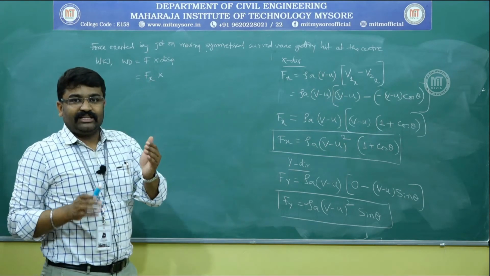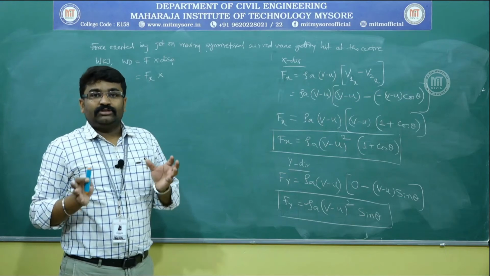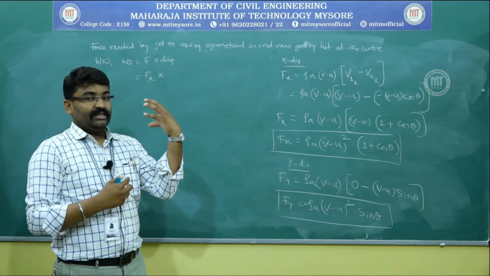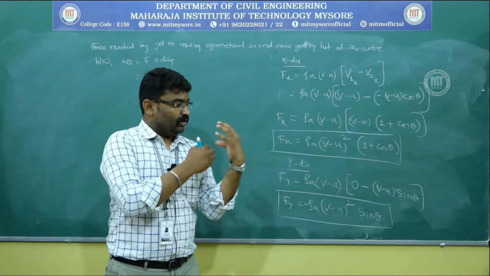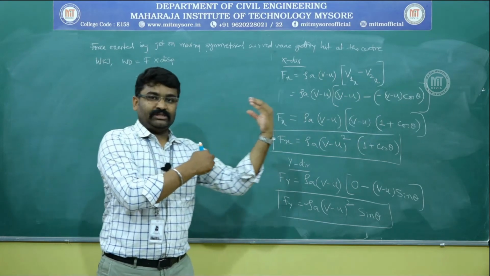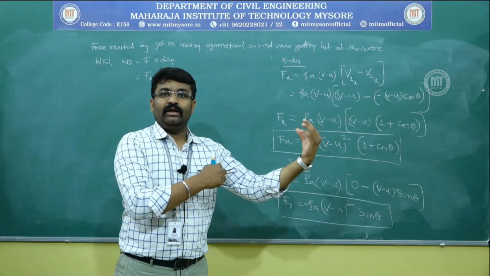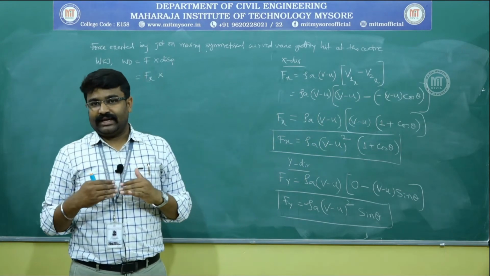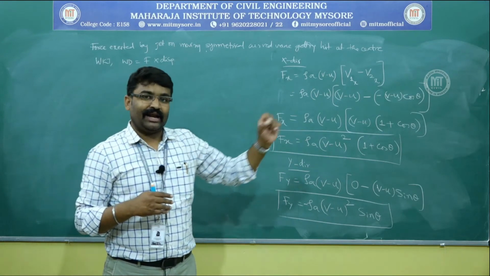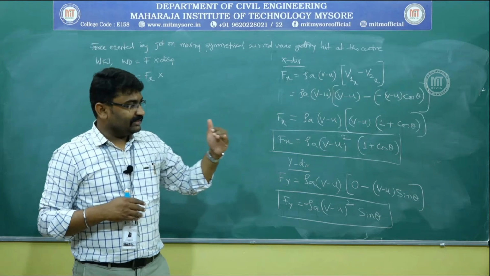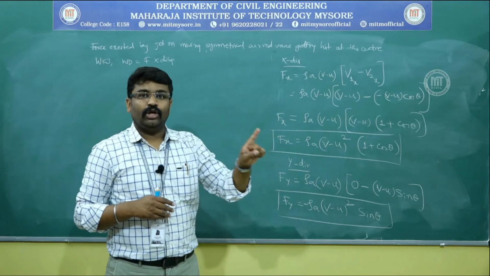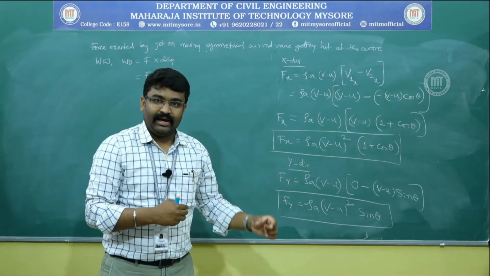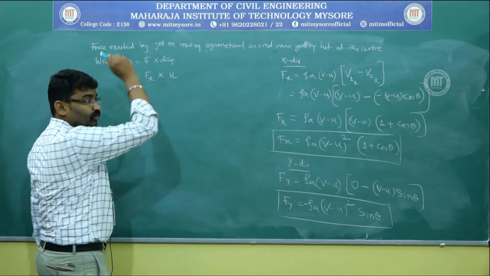What is displacement? Displacement is nothing but distance by time. So what is the displacement taking place? The displacement taking place is the vane moving in the x direction, the vane changing its initial position and moving into the next position. It is moving with a velocity of u. u is nothing but meter per second. Displacement is nothing but distance travelled with a direction. Here the distance travelled with a direction is given by u because it has a unit of meter per second, that is distance travelled by time, that is u.